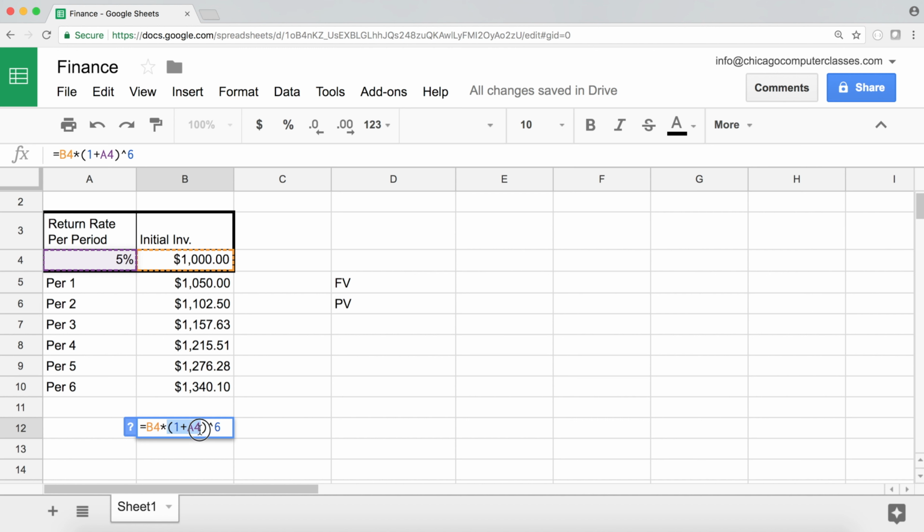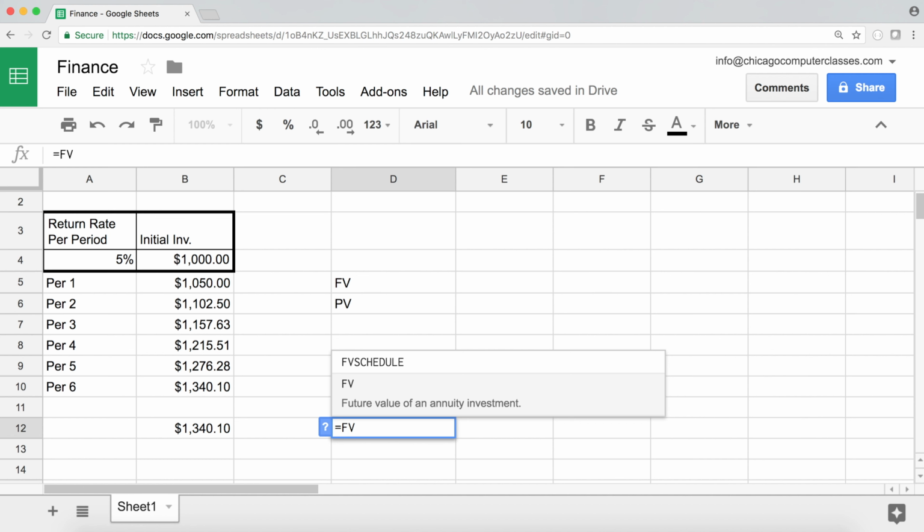So we're going to take that 105% and do this part. And then we're going to multiply that by our initial investment, which is B4. And that gets us exactly the same amount. Hopefully that makes sense. So now we can also get to the same amount using a function called FV, which